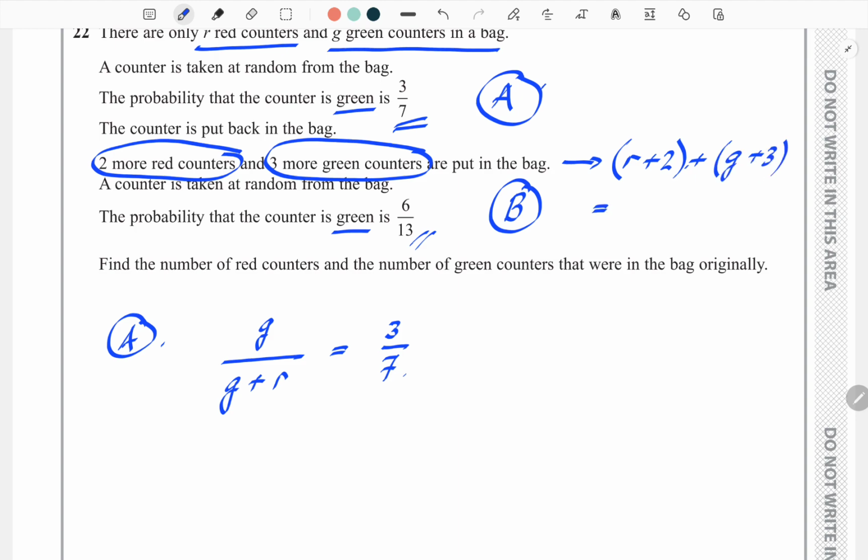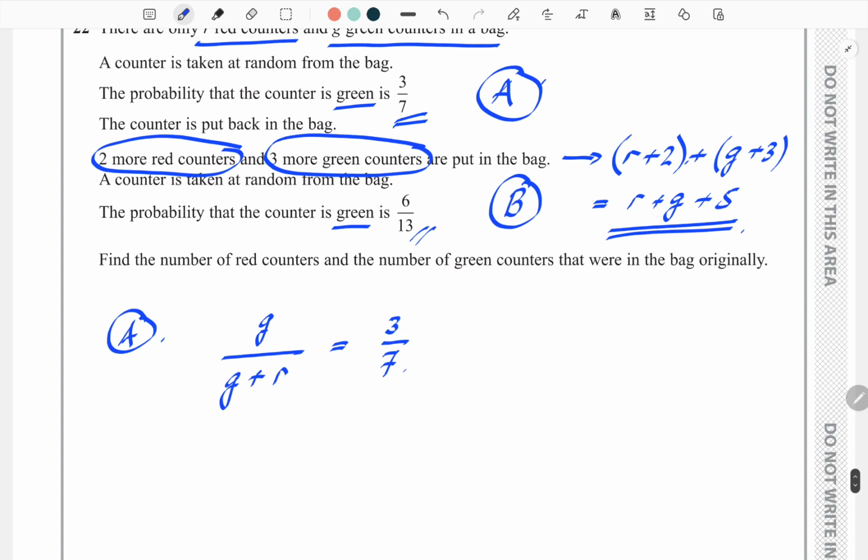All right. So now the total has become R plus G plus 5. And that's your new total. And the new number of greens is G plus 3. So in statement B, the probability of getting a green is G plus 3 over R plus G plus 5